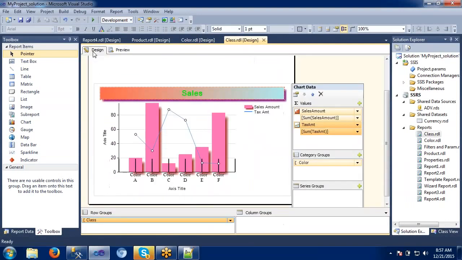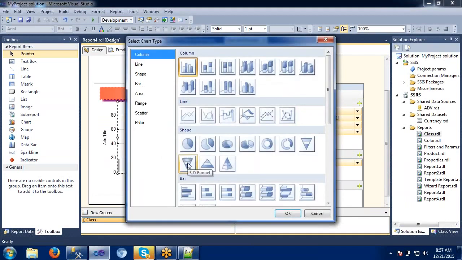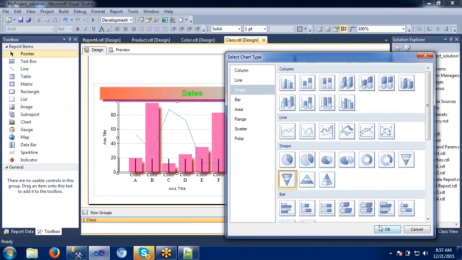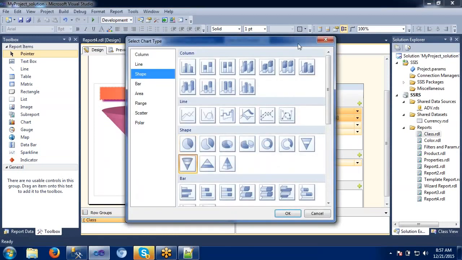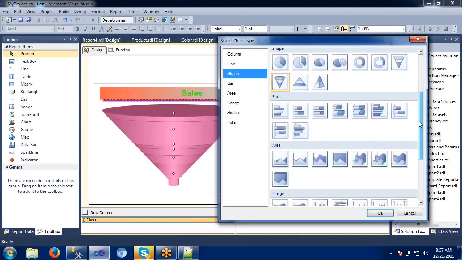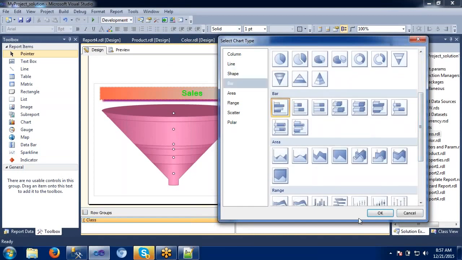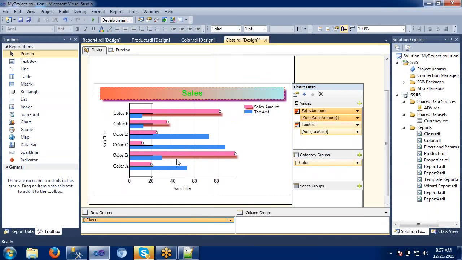So we can change the type of this chart at any time. If you want to have some shape chart, then just make use of this shape chart. See, this is how it will be shaped now, and these are the colors available, and this is the report it is giving here like this. Change the chart type to bar, that is there, right? So we can change this one. So this is how automatically all our chart types can be changed here.